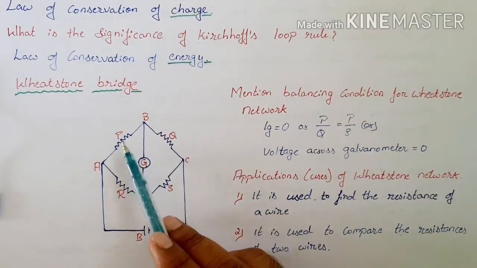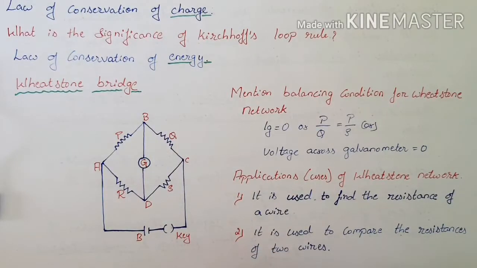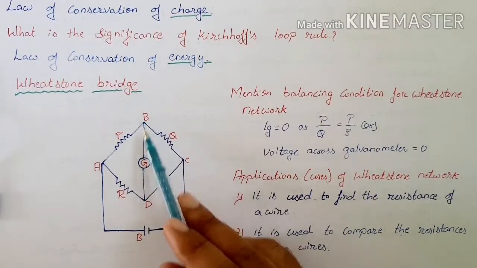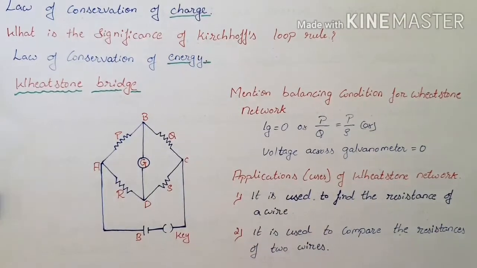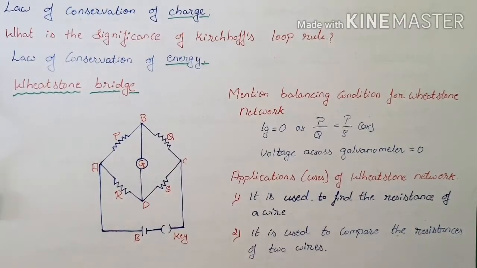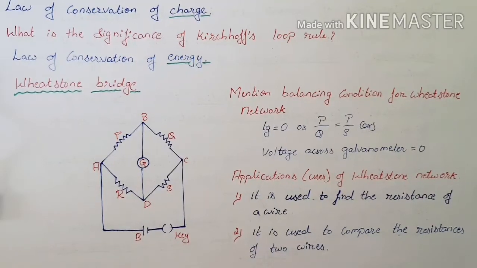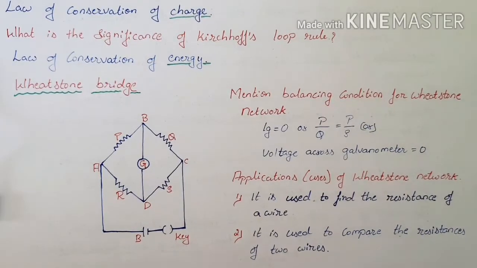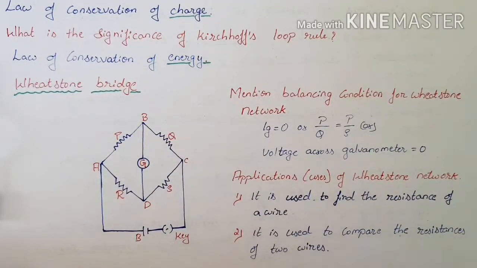First, let us understand what a meter bridge is and how it works. The meter bridge has 4 resistances, P, Q, R, S, and the middle arm BD has a galvanometer in it. A galvanometer is a very sensitive device, which can measure even very minute current in a circuit. It is used to detect the presence of current in a circuit. Clear?